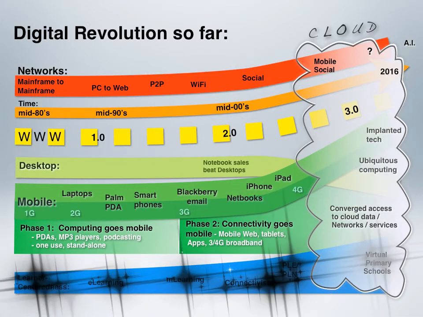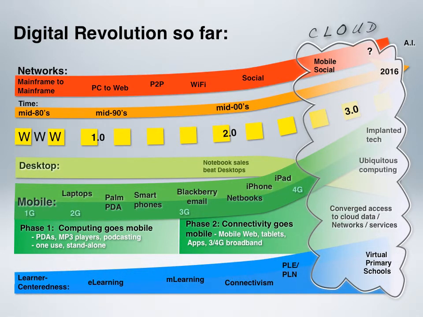It's also interesting to map this against what we might call learner-centeredness. So what does this mean for learning and for the learner? The early technologies from around those mid-90s, actually having the internet and laptops, those technologies around the Web 1.0 era meant that we could do e-learning. So a lot of learning tasks, but do them by sharing over the internet. A little bit later, again with the more advances in mobile technology, meant that mobile learning could start to succeed e-learning as that primary